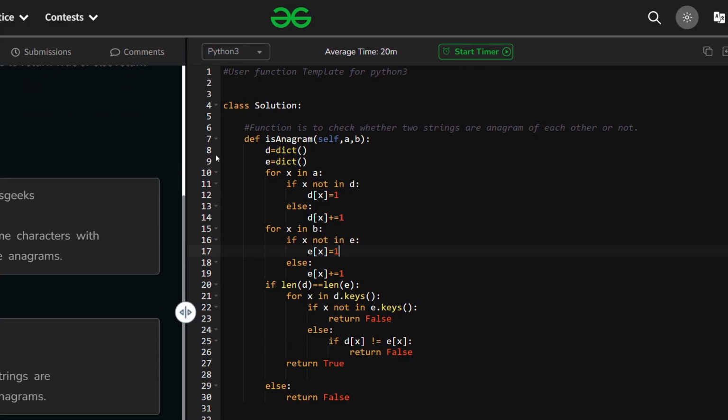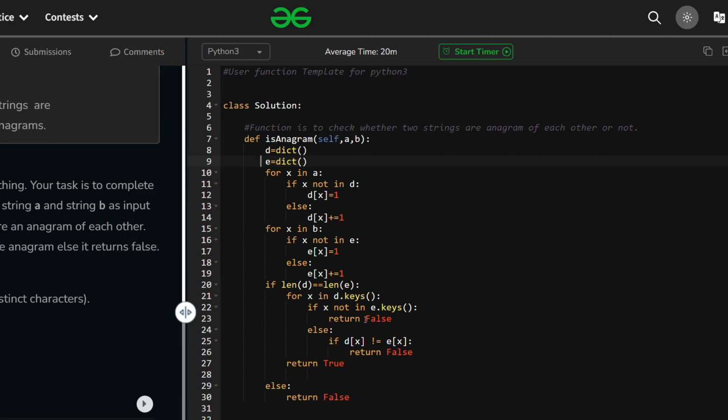Now we're inside the coding part. As you can see, we have taken two dictionaries and stored the character count in each of them. The first dictionary is storing the A string count and the second dictionary is storing the B string count. After storing those values,